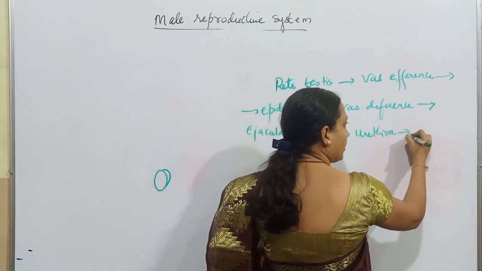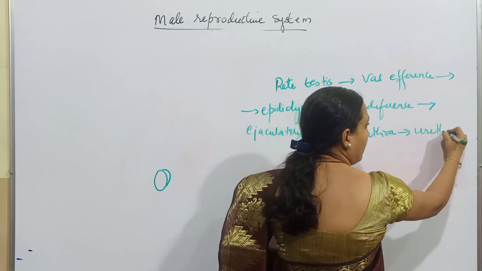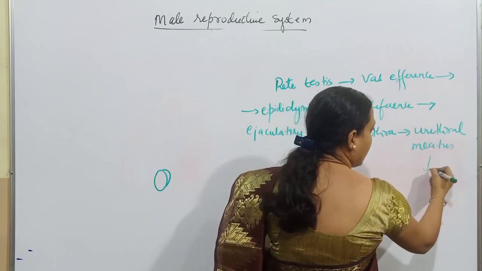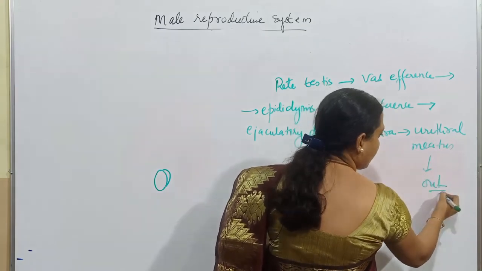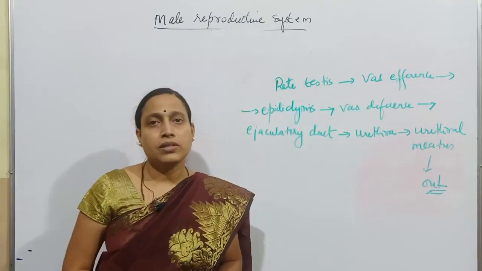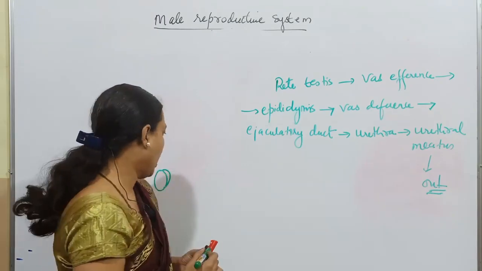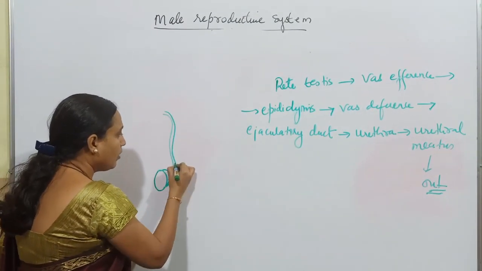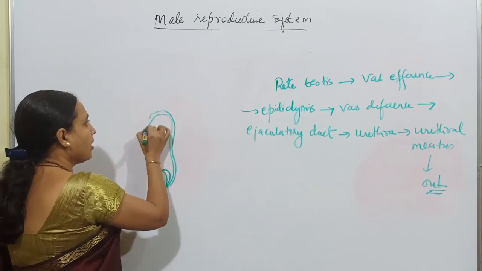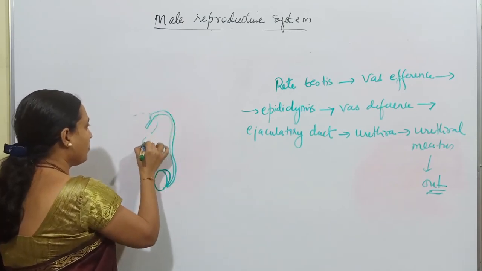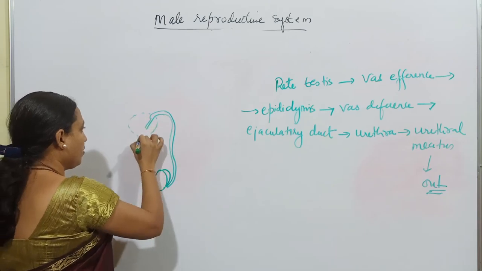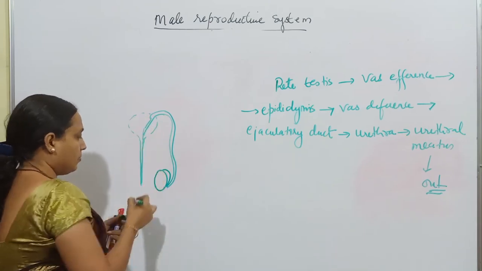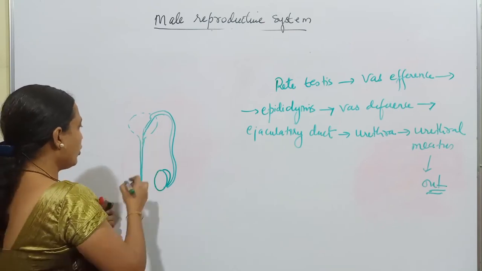And from the urethra to the urethral meatus, it is going to be released outside the body. So first testis, then vas efferens, and then it is going to